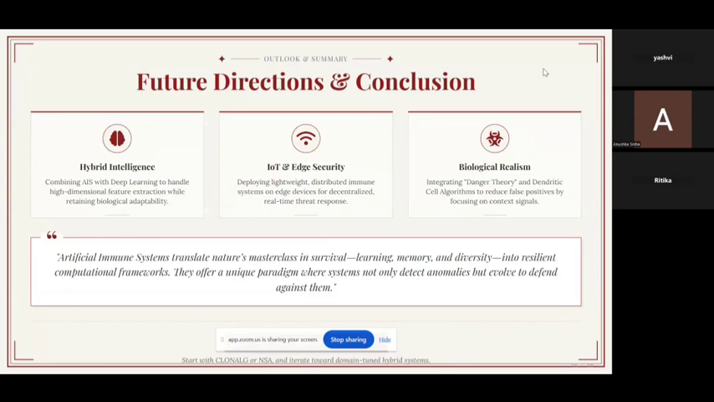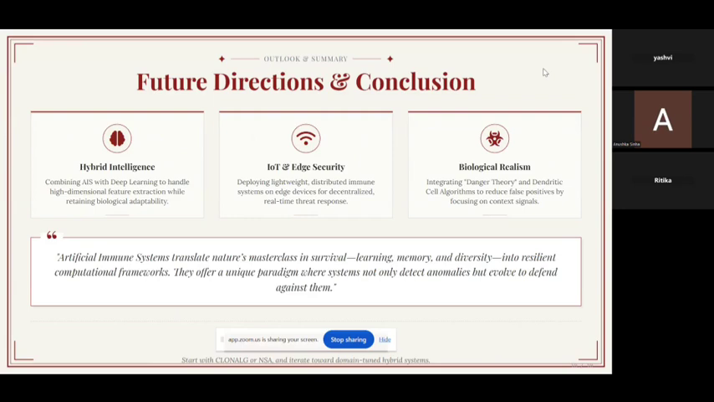Hybrid intelligence. AIS combined with deep learning can handle high dimensional data while keeping the adaptability of biological systems. This is a powerful combination for modern AI. Second is IoT and edge security. Lightweight AIS models can be deployed on edge devices like IoT sensors for real-time threat detection